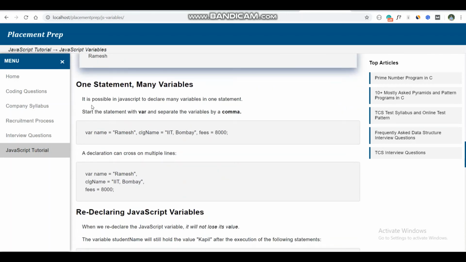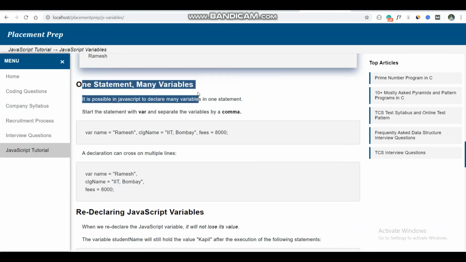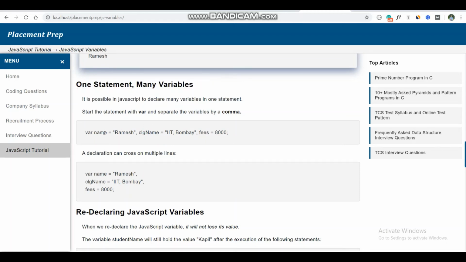Here is one statement with many variables: we can separate variables with the comma operator. After a comma, the compiler knows it is another variable. If a comma comes inside quotation marks, it is not considered another variable.